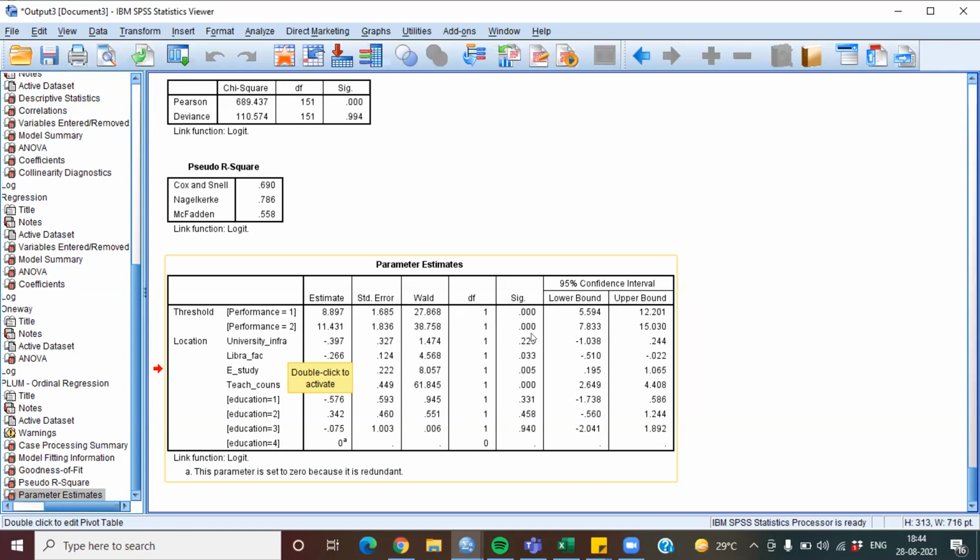Maybe there can be a kind of leniency in the responses, and you have to explain what you faced while collecting data, or whether your variables are actually varying with the responses or not. Whereas library facilities have a negative impact, 26.6% marginal rate, with a significant impact of 0.033.